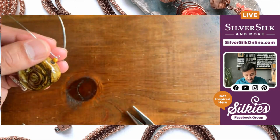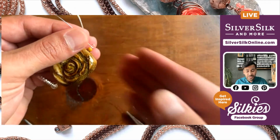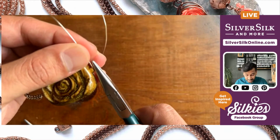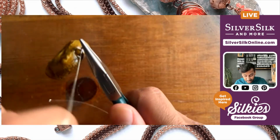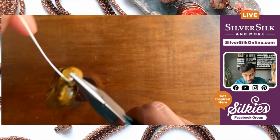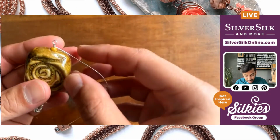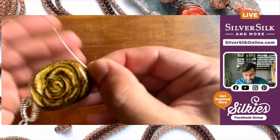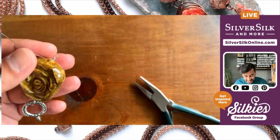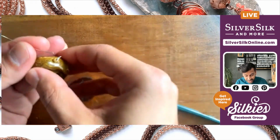Okay, in this case, I'm not really attaching anything because I'm going to attach my pearl just a little bit later. So I'm going to grasp that loop with my chain nose pliers, and I'm going to just wrap around and around until I get close to that seed bead. Might take a few wraps to get there, but you can get there, and looks like I did. So that looks really good, and it's nice and tight, holding everything in place. So I'm just going to trim that right off